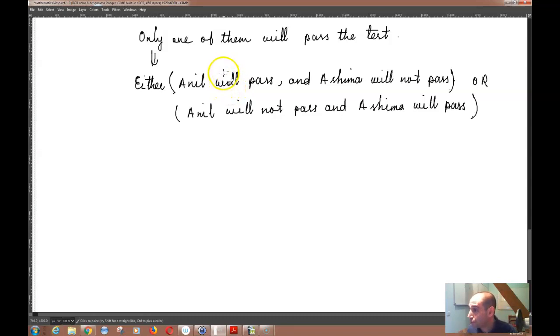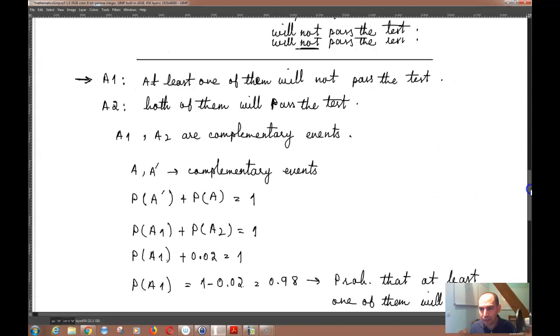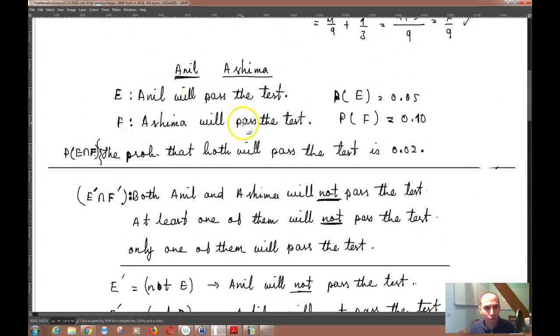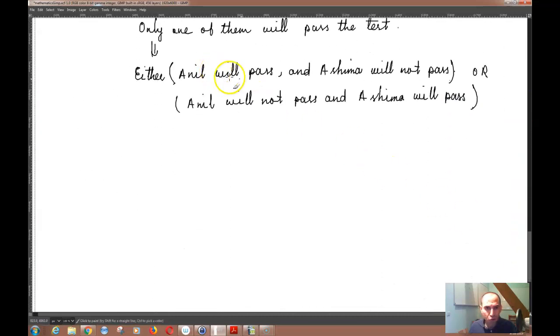Now, you have two statements with the connective or. When we say that Anil will pass the test, that would be E, and F would be Ashima will pass the test, right? So for this part of the statement, Anil will pass is E, and then when I use an AND over here, we need to look this up. We said that A and B we wrote as